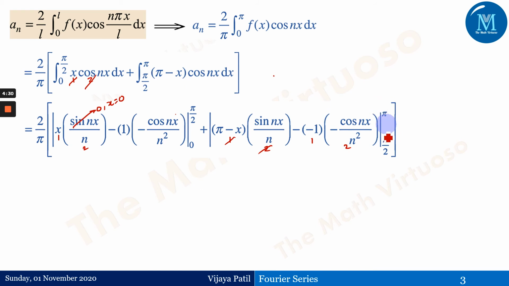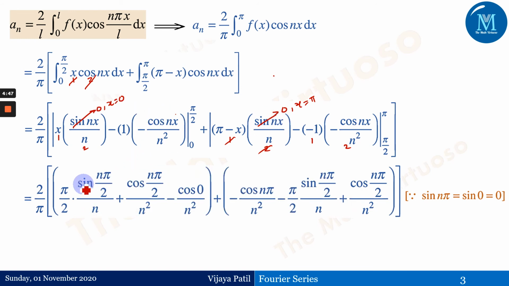Now if you observe in this particular limit, again sine of nx will move to 0 for x equals pi, because for pi by 2, as I have argued here, the same thing will happen here, and therefore sine of n pi and sine of 0 is equal to 0. That is what we have discussed here.